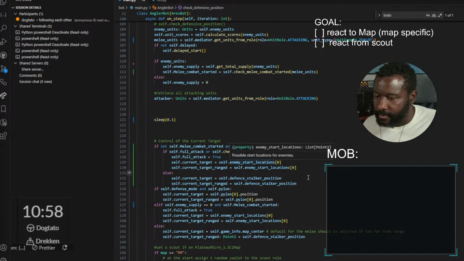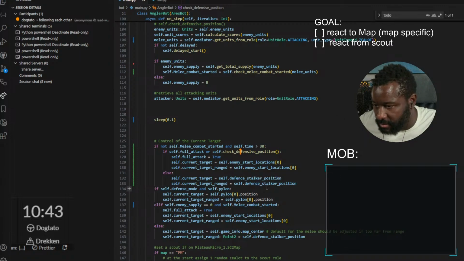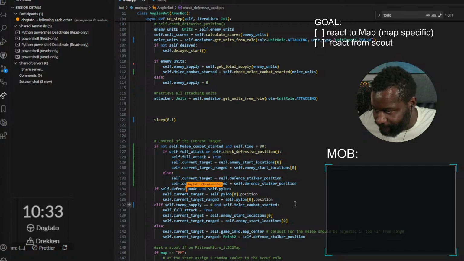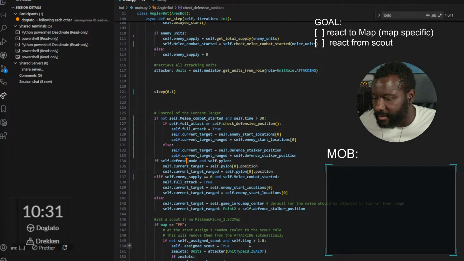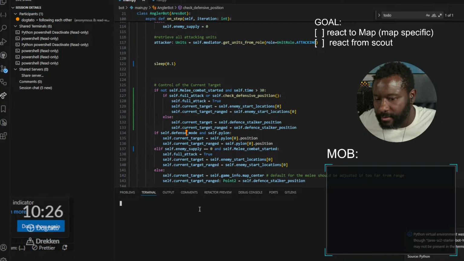I see. And then the enemy start location is where it goes. Else go to this defense. Okay, this makes sense because it's over. If it's over, yeah. Okay, so this makes sense. Then go to the start position. And go to the other stuff. Okay, I think this works. Let's test this. Okay, let's test to see what this looks like. Let's get this terminal up. I don't know why my terminal was down, but